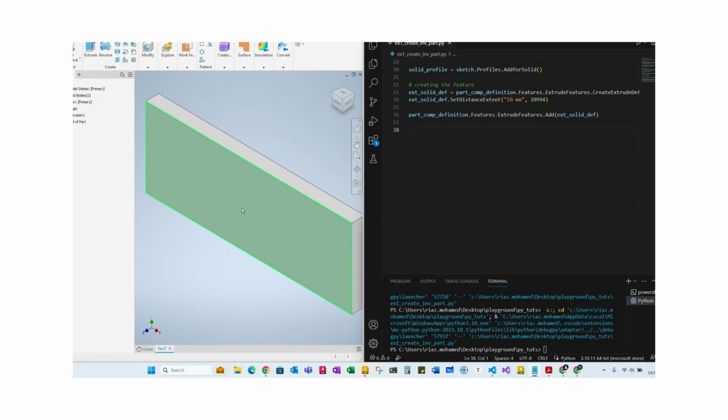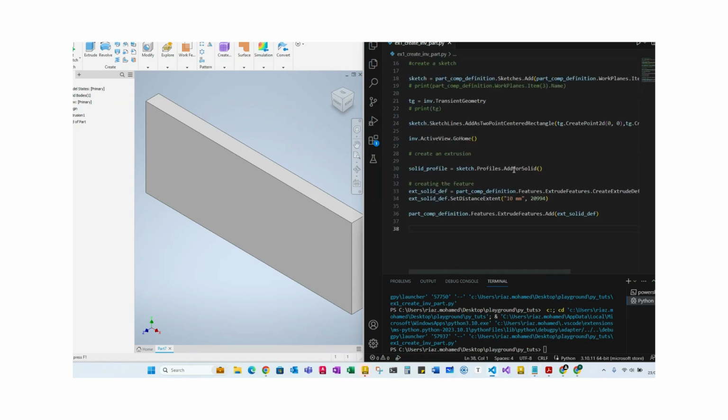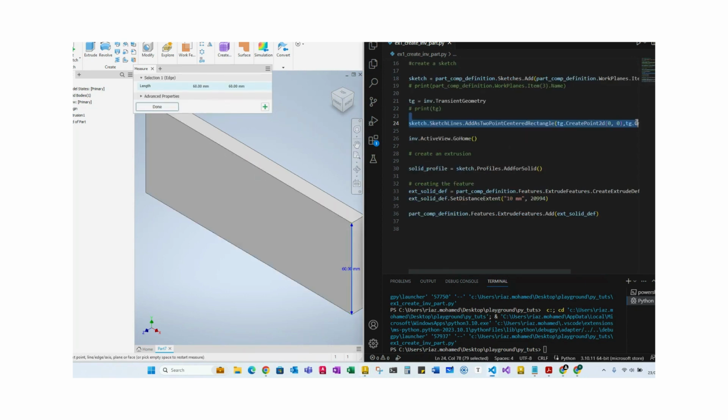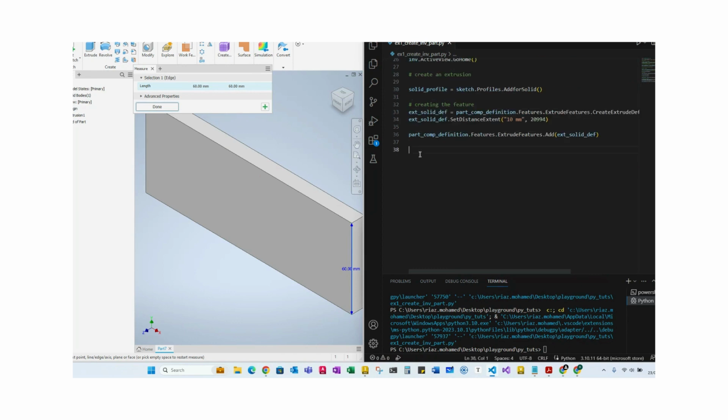So we know that from the center to this face is 60, correct? Or is it 80? It's 80, apologies. Let's just check again. Yeah, it's 80. So from the center to here is 80. So the overall dimension should be 160, and then the height should be 60, because from the center to the end is 30 as shown here. So with that in mind,